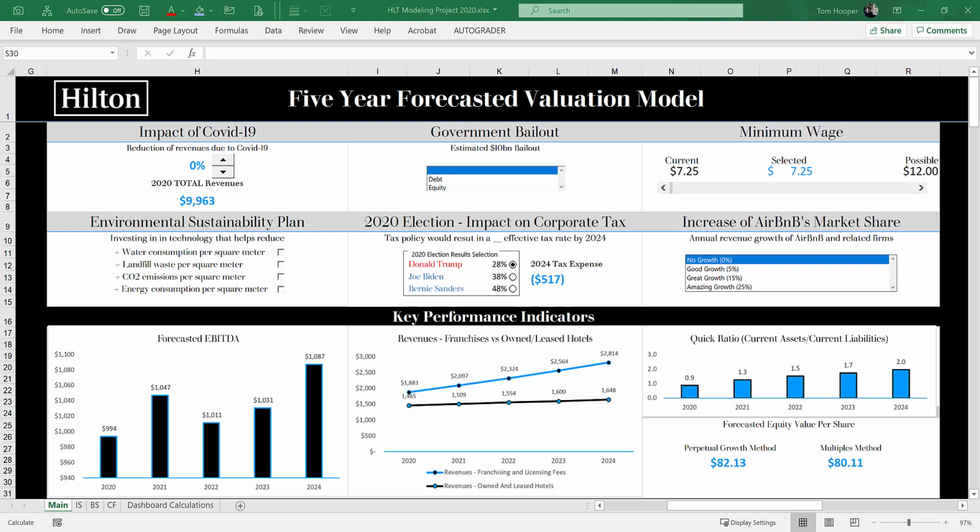Hello, in this video I would like to show you an example of what I mean when I say dashboard. I think of a dashboard as a way to control the inputs and view the outputs of a model. This is an example of a pro forma model built on Hilton Corporation, where the team built out a full income statement, balance sheet, cash flow, and so forth to calculate what they thought that the value of the stock